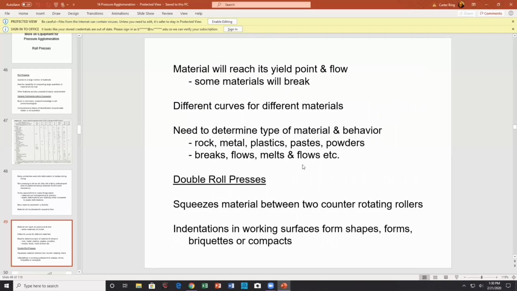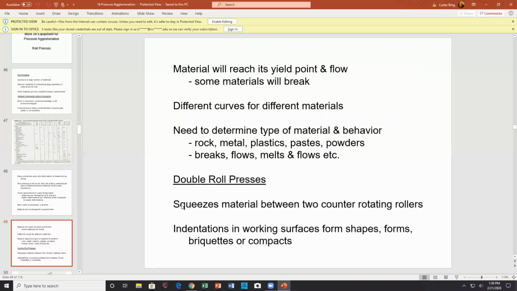Breaks, flows, melts, flows again. Excuse me, melts and flows. So breaks, flows, I would say melts is the next step. Melts and flows, kind of all kinds of things that can be happening in there. Sort of like reality meets